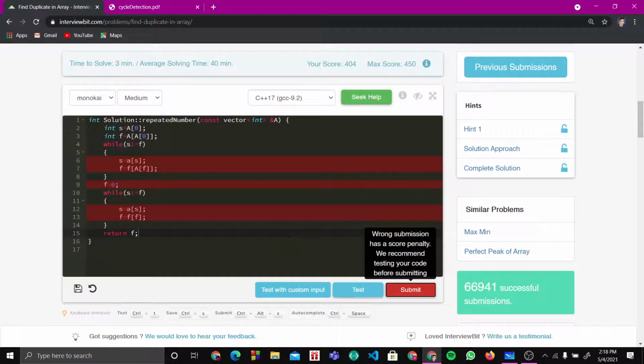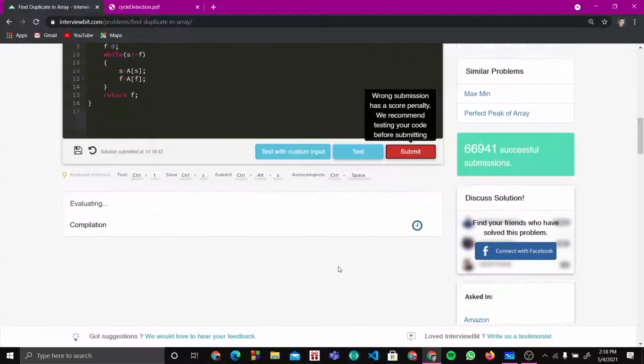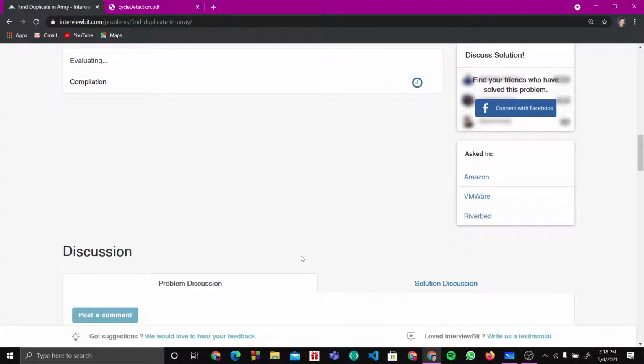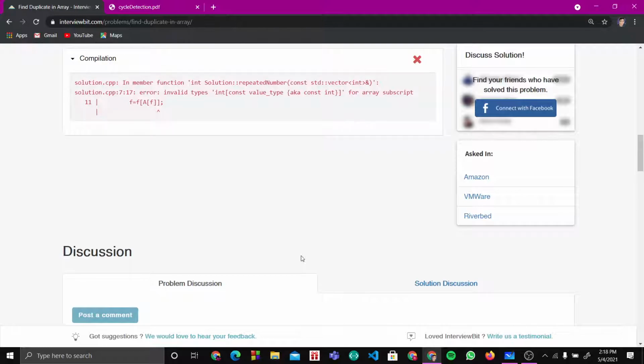Okay, a was not required, oh sorry, a of f, a caps A. Cool. Okay, so this is done. Now I get an error: invalid int constant value type, aka constant int.